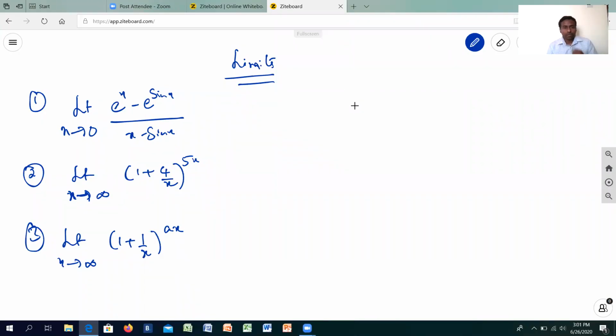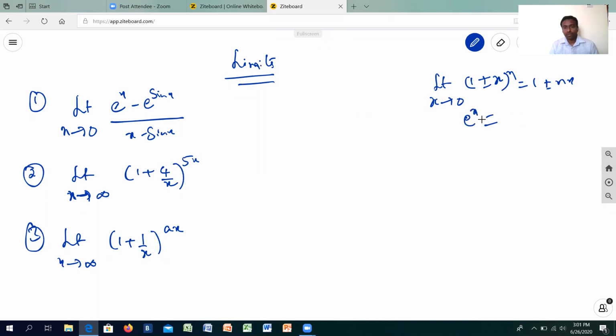Hello friends, so we'll continue now with our second type in the limit, wherein we have the exponential function, the same thing that we have applied earlier with the binomial expression and the power. You just need to remember two things and apply it over here. One thing that we have learned in our earlier limit question, that is 1 plus or minus x binomial with the radical. You might have got it by now, 1 plus or minus nx.